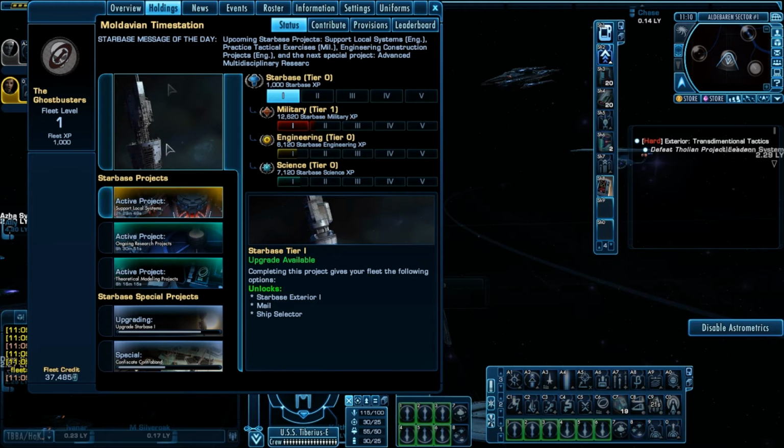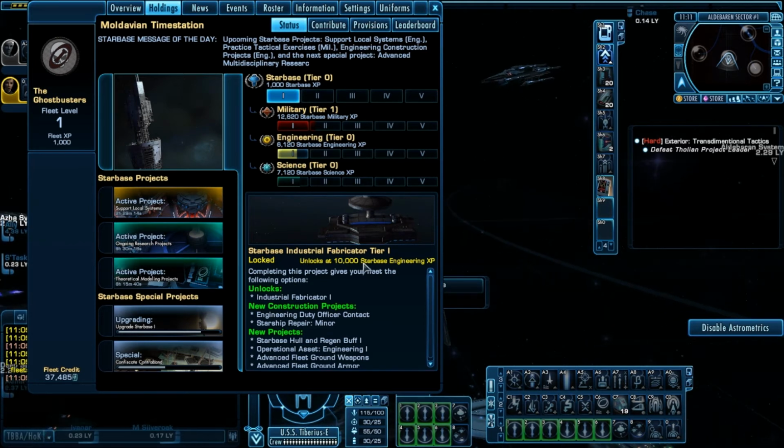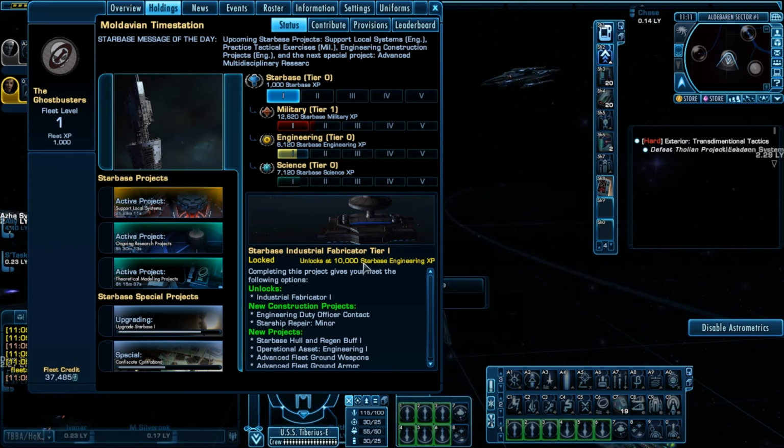Alright, to contribute, first thing is you go into overview. I almost never do anything in overview because it doesn't give you enough information. I go into holdings, and this gives you, oh look, we've got 1,000 Starbase XP. We can build Starbase Tier 1. We have Tier 1 military, and so on, and it displays here. And if you click, say I want to know how far engineering goes, because I'm an engineering officer. Oh look, my fleet needs 10,000 Starbase engineering experience points to get that. I'll have another video on leveling up your Starbase in the future,